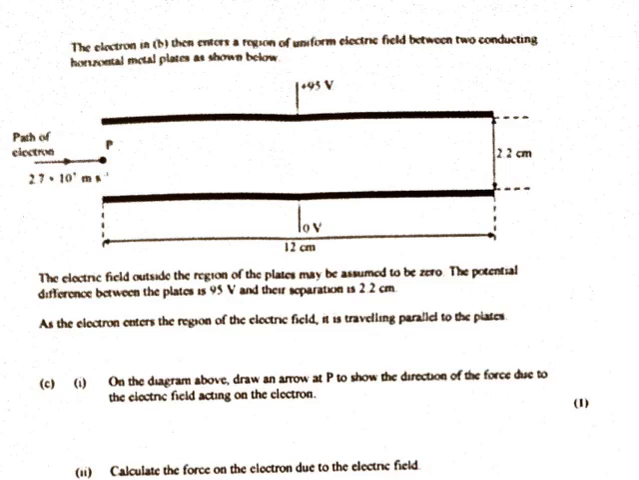The electric field outside of the region may be assumed to be zero, so it's telling you that you can disregard anything outside there. The potential difference between the plates is 95, and their separation is 2.2. As the electron enters the region of the field, it is travelling parallel to the plates, so you can see it coming in this way. So you should do either something like that or that, depending on the force it feels, which is the